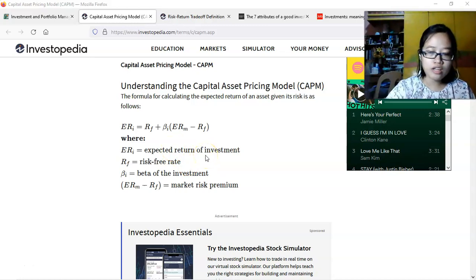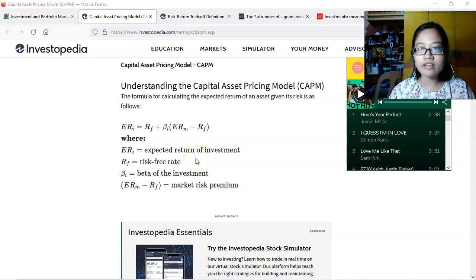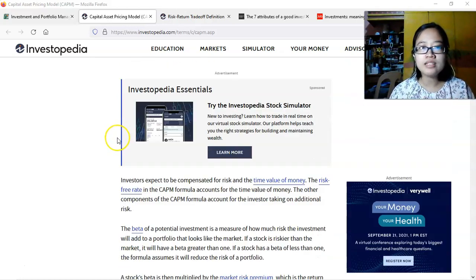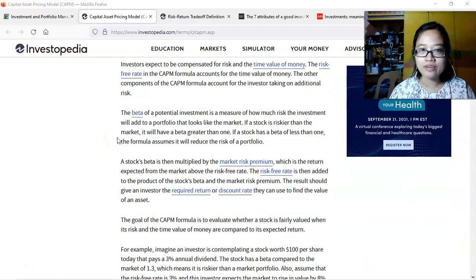And again, it would depend na din on the particular investor or the fund manager kung if they would go ahead and acquire a particular security to add in to their portfolio. But in a sense, pwedeng maging guide nila itong CAPM. But again, it's just a guide. It's possible that it would be used or pwede rin namang ignore if you take into account other factors as well. Alright. So, ayun lang.